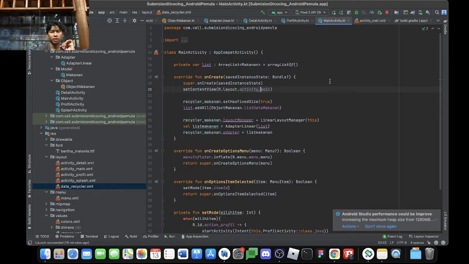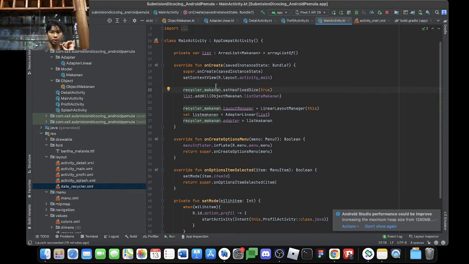Okay, back to main activity. Here id dot set has fixed size true inside of bracket. Now call the variable list dot add all the data dot list data food. This is the data, and this is a variable inside of the object food. Okay, and this code is for putting the different data. Okay, now next recycler food, call the id